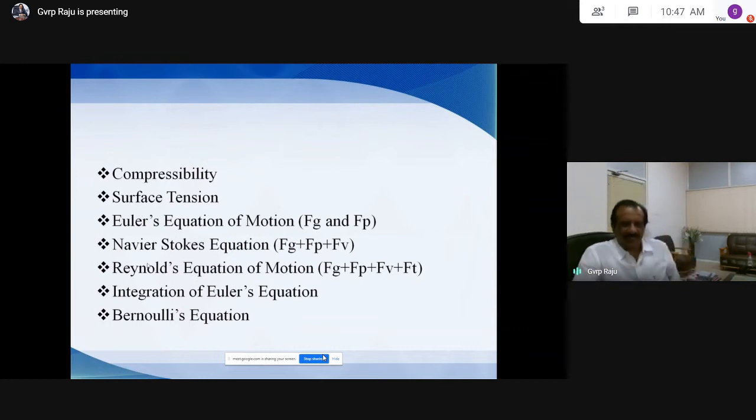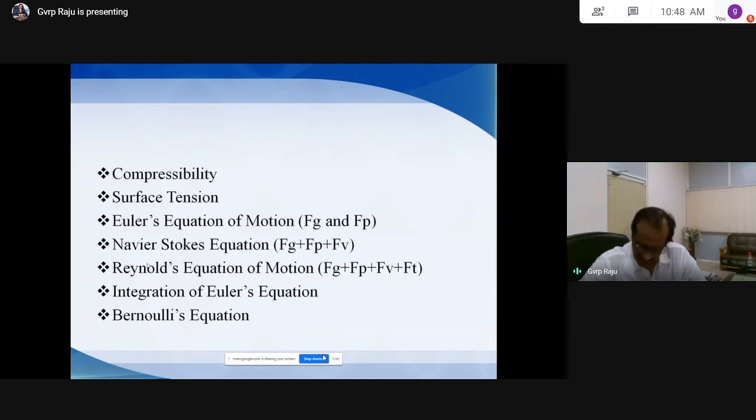Consider we have 6 forces here: gravity, pressure force, viscosity, turbulence, compressibility, and surface tension. If you neglect the force due to surface tension, compressibility, turbulence, and viscosity, and consider only gravity force and the pressure force, the resulting equation is